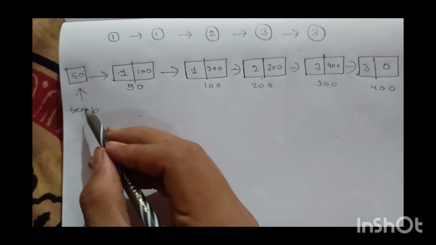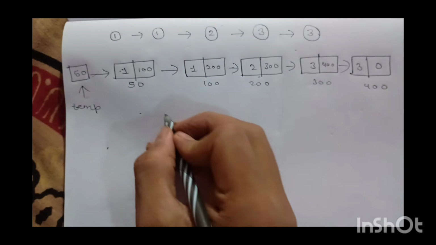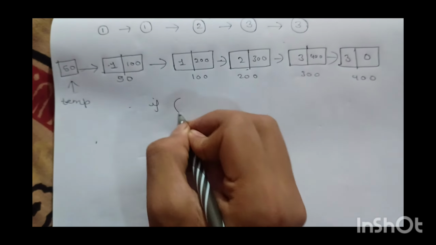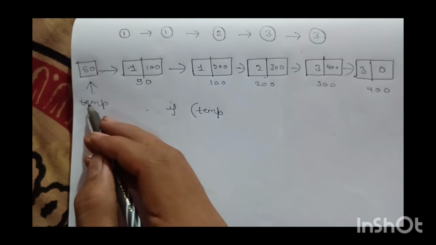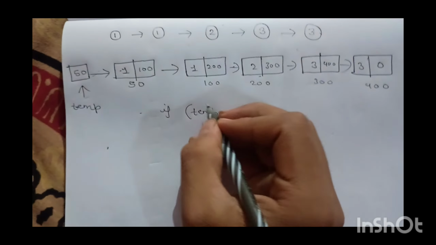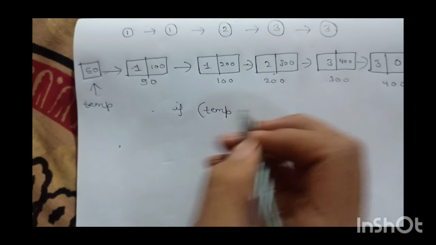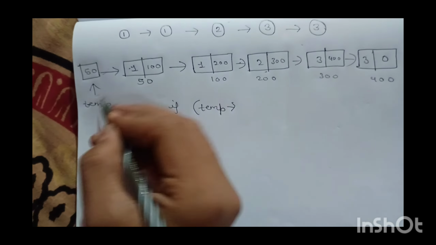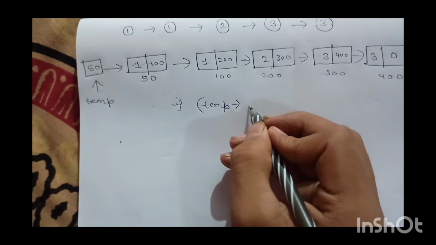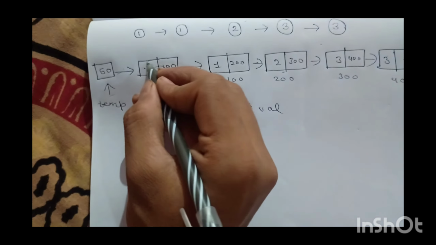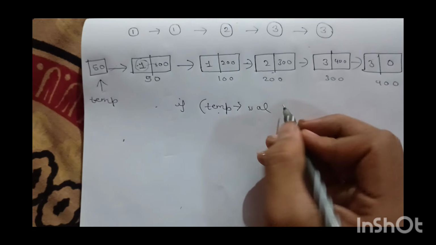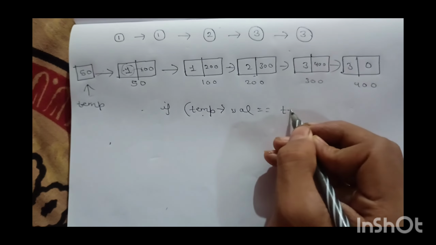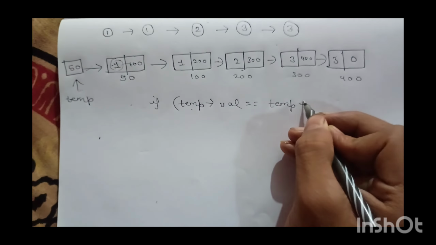Now what will I do? I will check temp's data or value. Temp is pointing to this node. So temp's value is what? 1. Temp's value is 1, and the address is 100. If temp's value is the same as temp's next value,